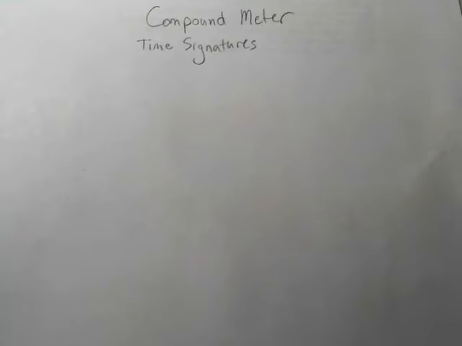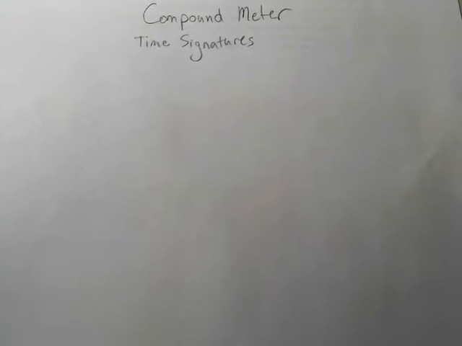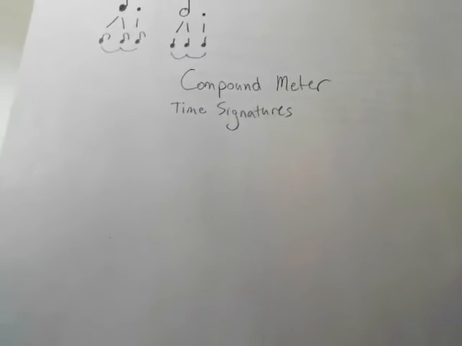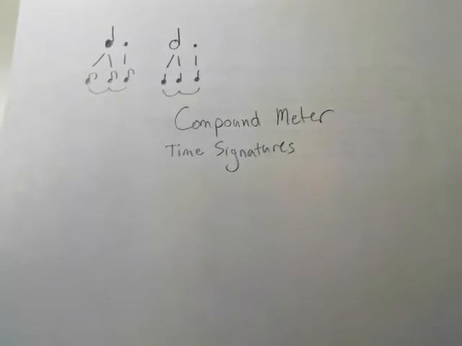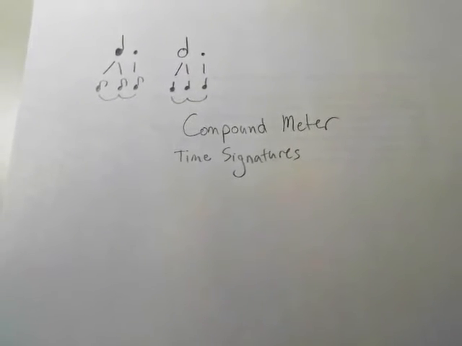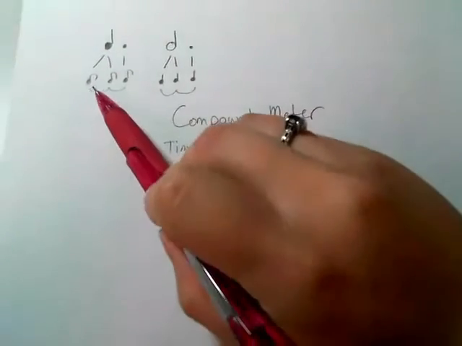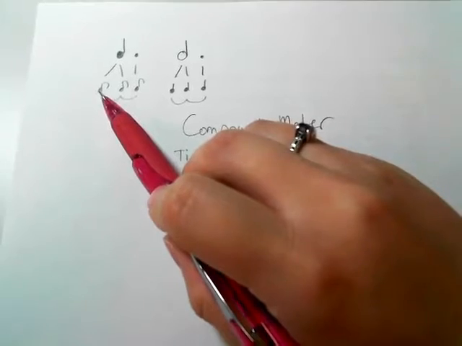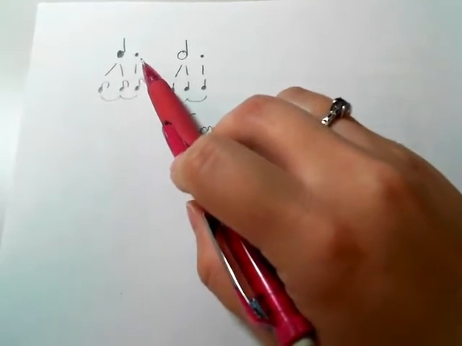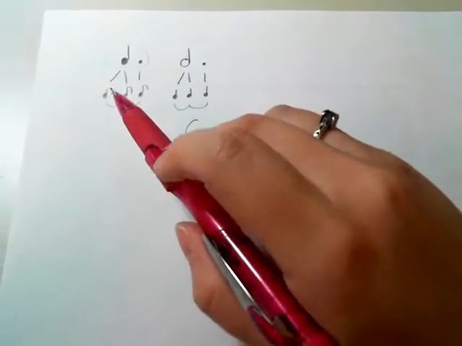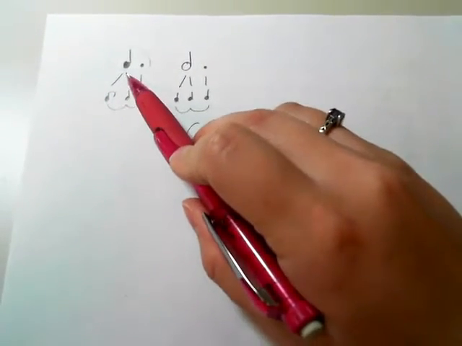So what we have to do instead is refer to something else that has just a regular note value. Look up here at our dotted notes. Remember how we divided these dotted notes into 3 equal parts? When we've divided them, we ended up getting a division. So we would say this is the unit of beat. If the dotted quarter note is the unit of beat, then the unit of division is whatever that divides into